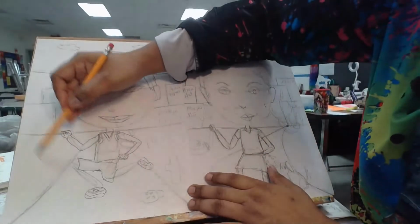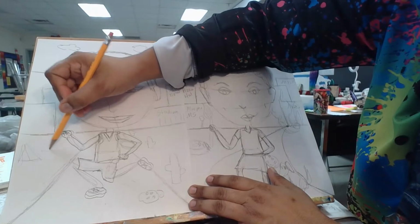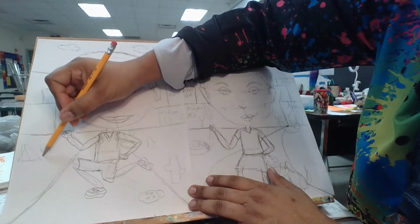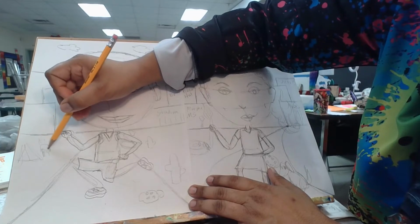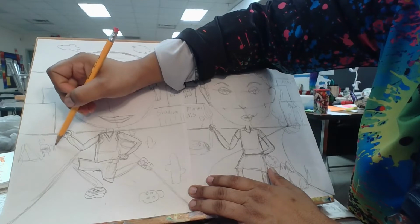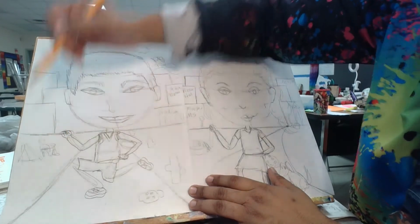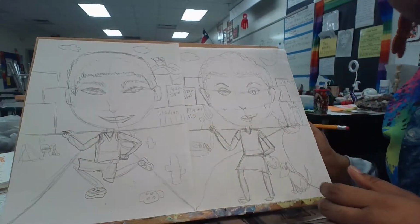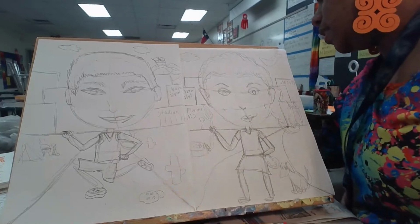And maybe he likes to go camping. Here's a tent. Barbecue pit. Maybe he's a Boy Scout. Maybe him and his dad like to go. I'm drawing a person here. Barbecue pit. All right. So the last thing you would do is you would get a Sharpie